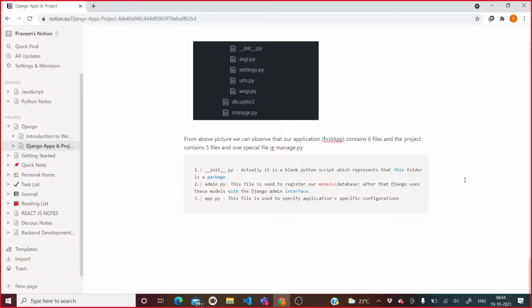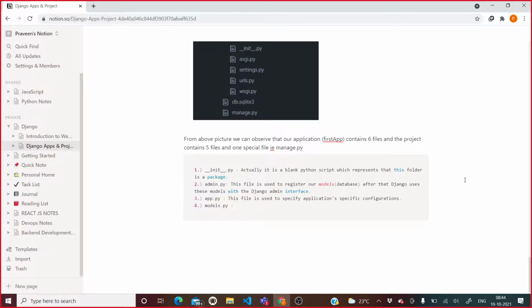Whatever configurations belong to a particular app, all those configurations will be residing in this app.py file.